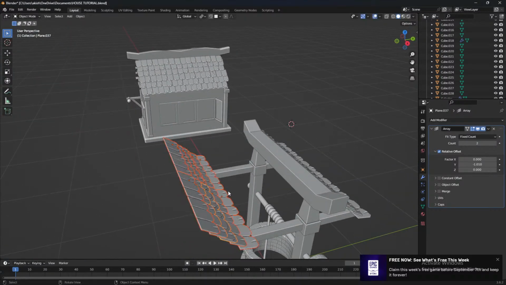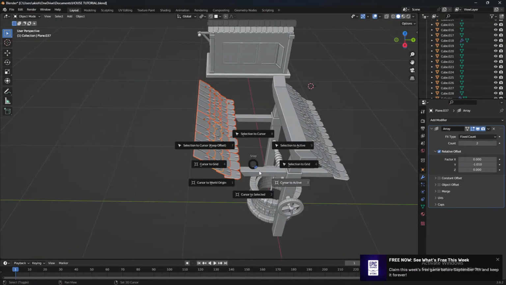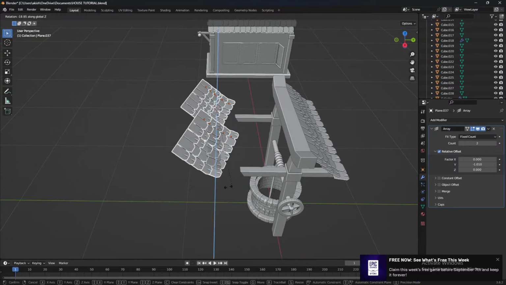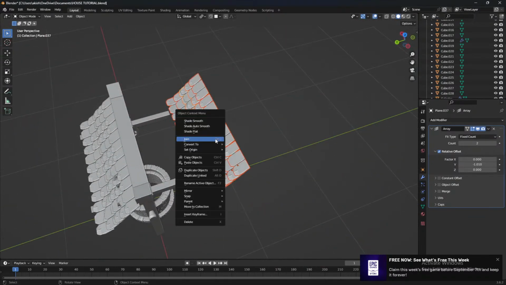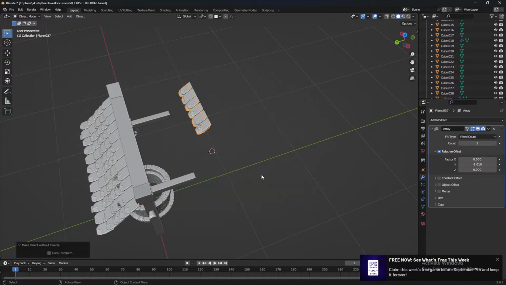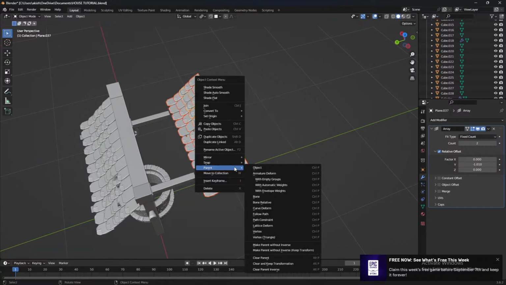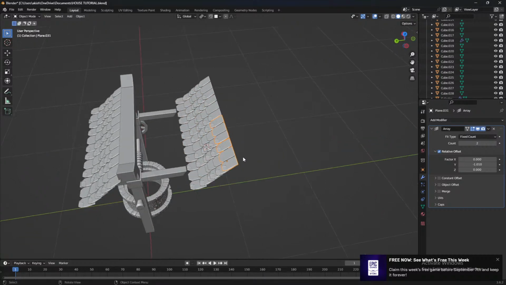I never had this problem. Maybe because of the 3D cursor or cursor to select it. Rotate to parent and maybe I'm going to delete this